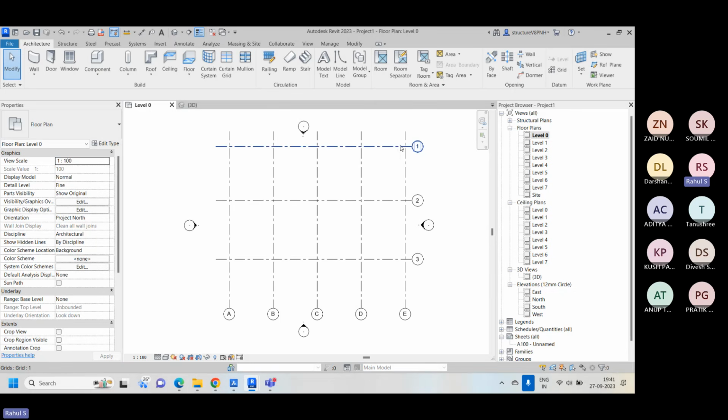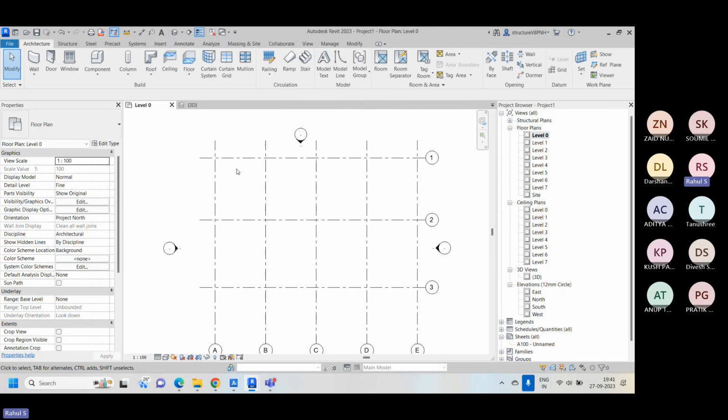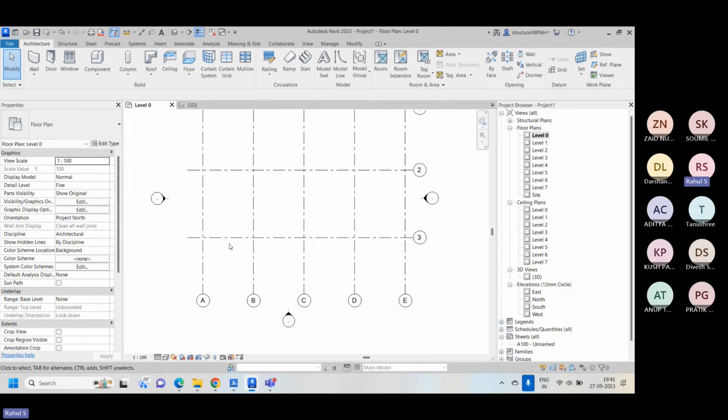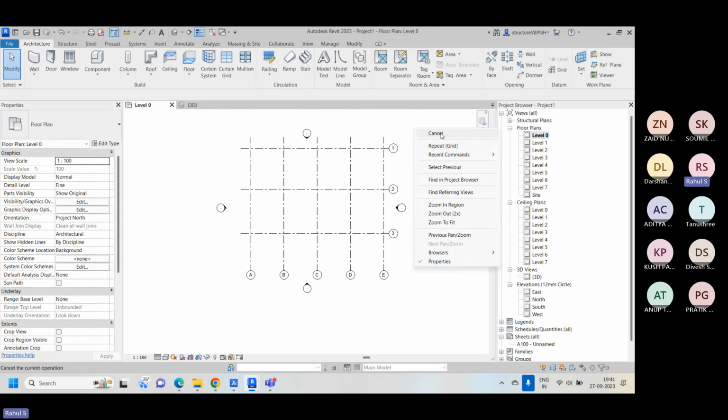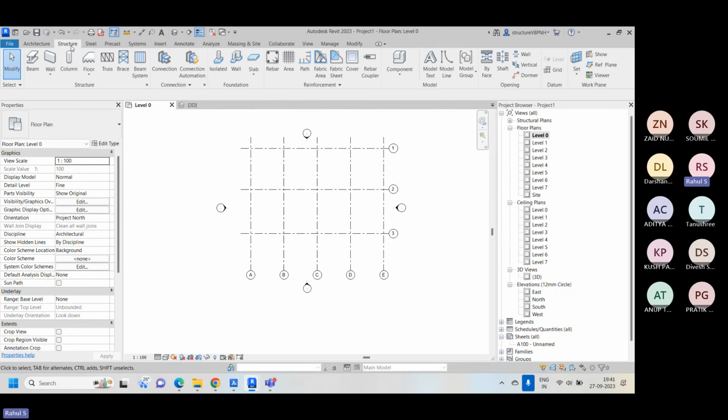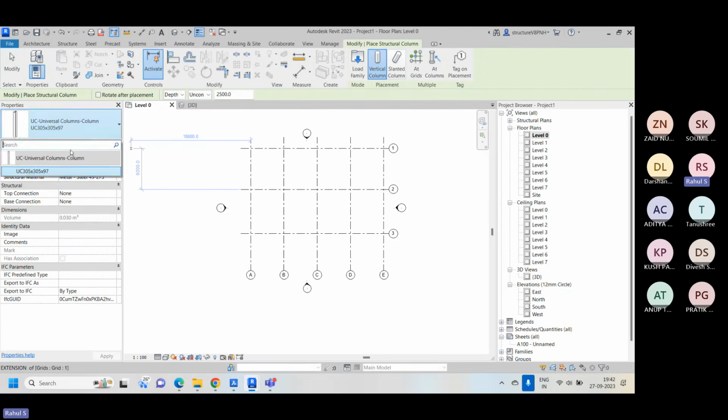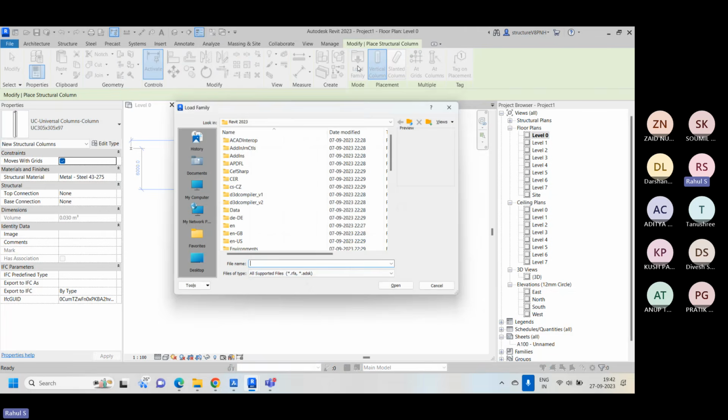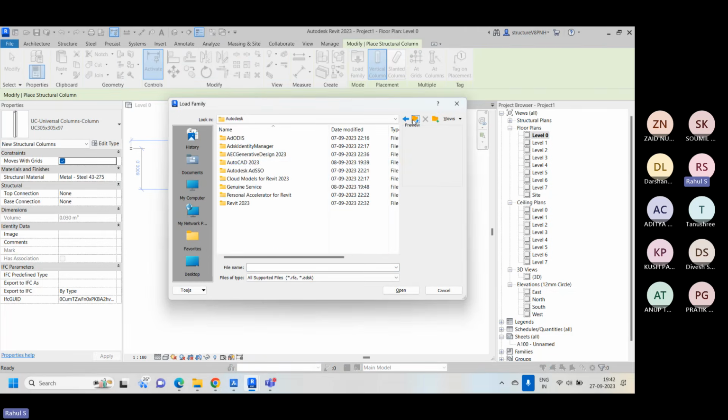So here once you define your levels and once you define your grid, you need to define the column positions. Okay, so let's consider wherever we have all the intersections, here you need to create the columns. Okay, so how can we create the columns? If you go to the structural tab and select the column location, you will find multiple column options. Right now these are still columns. So if I want to load an architectural column or structural column,